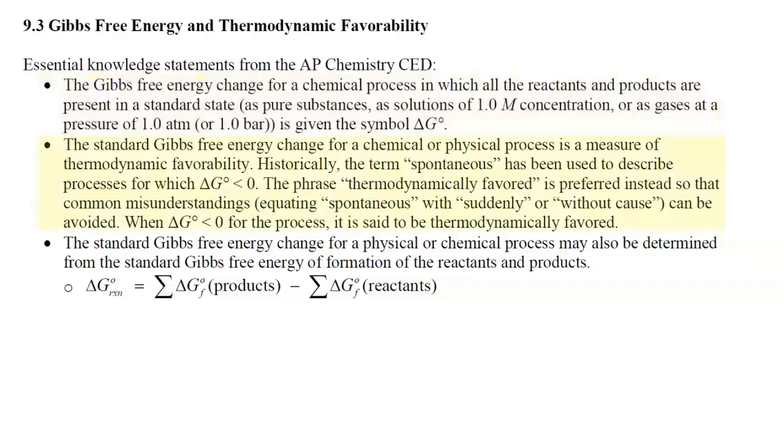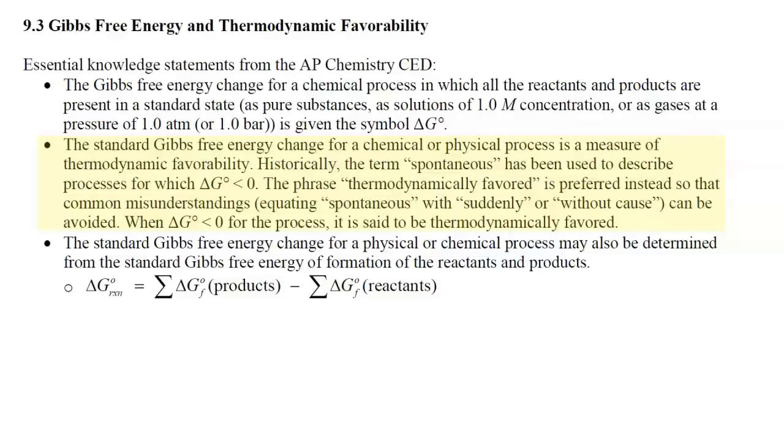The standard Gibbs free energy change for a chemical or physical process is a measure of thermodynamic favorability. Historically, the term spontaneous has been used to describe processes for which the standard Gibbs free energy change is negative. The phrase thermodynamically favored is preferred instead, so that common misunderstandings equating spontaneous with suddenly or without cause can be avoided. So when the standard Gibbs free energy change is negative for a process, it is said to be thermodynamically